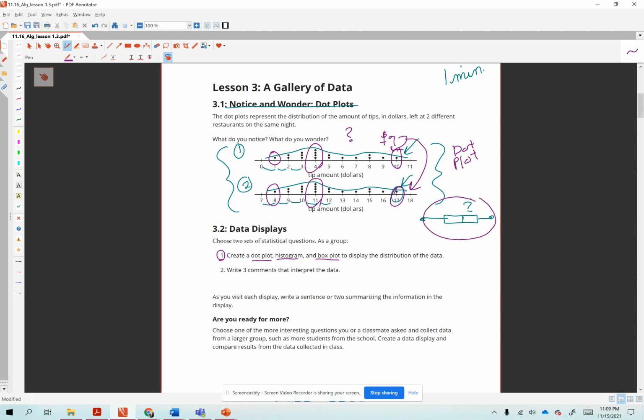We talked about the box plot or box and whisker plot, and then the histogram is the one that has the bars that touch each other. We need an X and a Y axis labeled for a histogram. And after you do that, I want you to write 3 comments that interpret the data. So you're in groups,